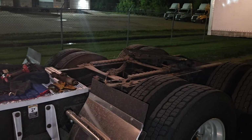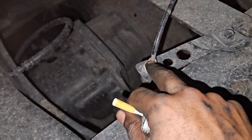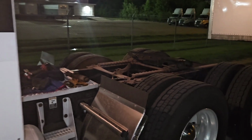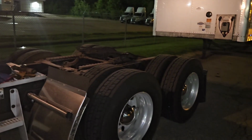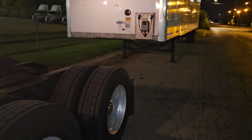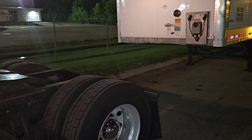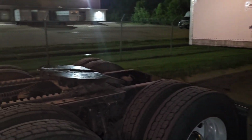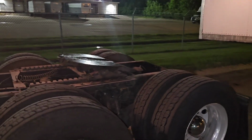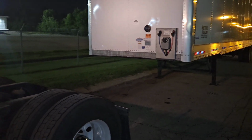I never ended up fixing it because initially all I thought was that it was this, because this is always leaking. You can always hear it hissing air. So I'm like, all right, I'll fix it. I'll get around to it. I don't typically have to scale my loads because I already know what they weigh. Plus I've got a gauge in there that tells me, and I don't carry 45,000 pounds. I max myself out at 35 because they're not paying enough for you to be pulling 45,000 pounds anywhere. So my max is 35,000 pounds right now, and I barely even pull that. This one right now weighs 27. Anyway,